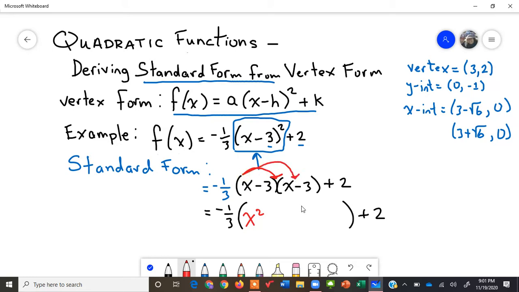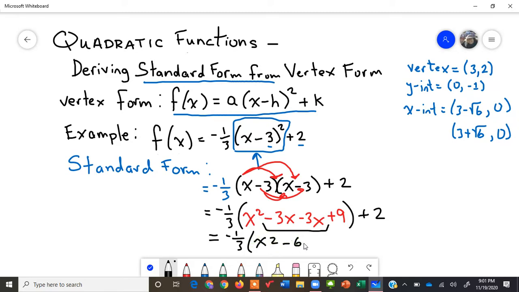X times negative 3 is negative 3x. That will be our first terms and our outside terms. Inside term, another negative 3x. And our last term, negative 3 times negative 3 is plus 9. Notice the two inside terms are identical, so we get twice the negative 3x. So we have negative 1/3 times x squared minus 6x plus 9